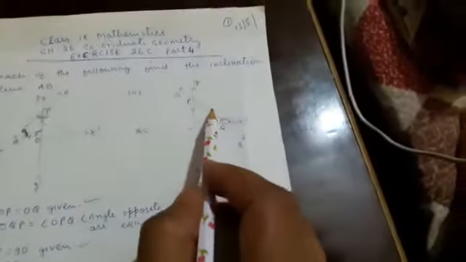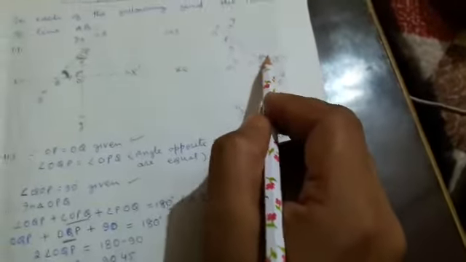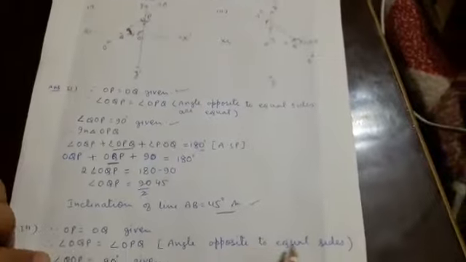Let us see the next part. This figure is given and here we have to find out the inclination of this line. Again we have to move from the x-axis to this line anti-clockwise. Let us see the gap between the x-axis and this line. OP is equal to OQ, again it is given, therefore this angle will be equal to this angle, meaning OQP is equal to OPQ, angles opposite to equal sides are equal, and angle QOP is equal to 90 degrees, it is already given.